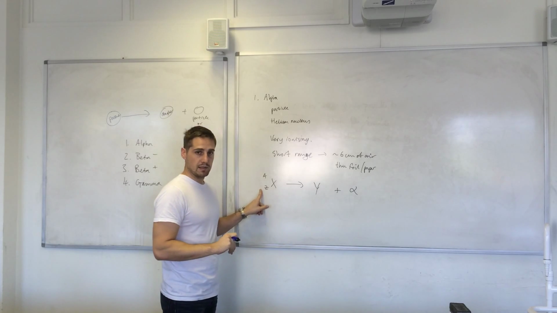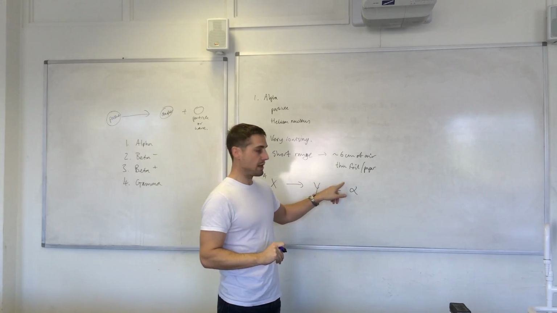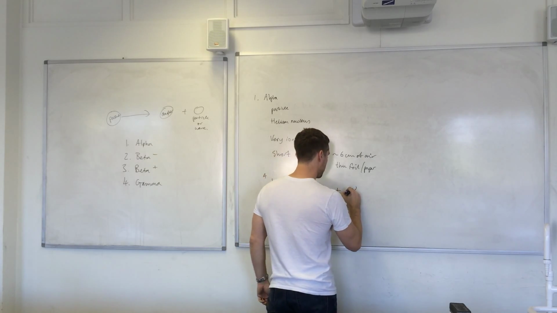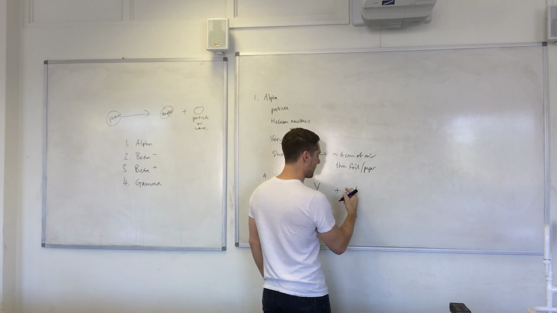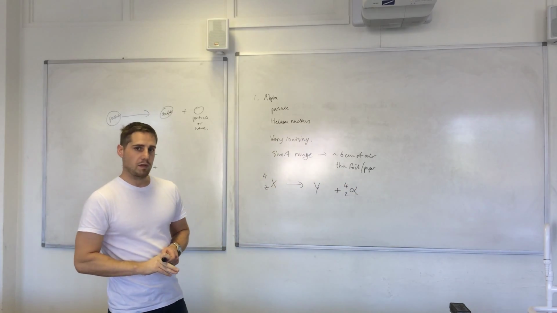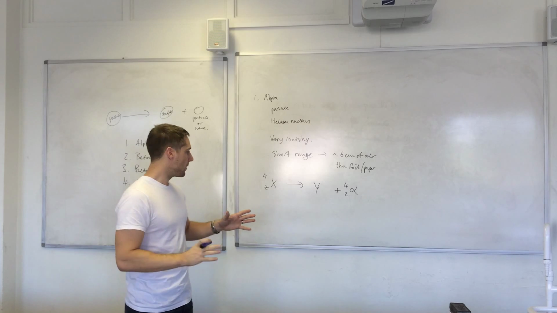So this has A and Z, and the alpha particle is 2 protons and 2 neutrons. So if you add 2 and 2, you get 4. So that's what we have for the alpha particle. Now, in order for